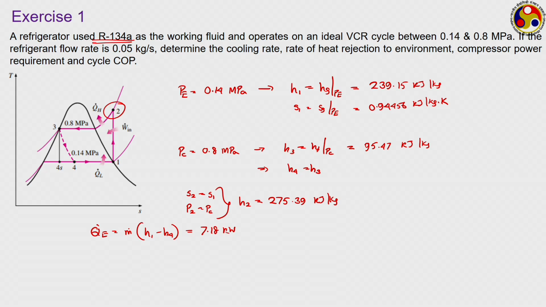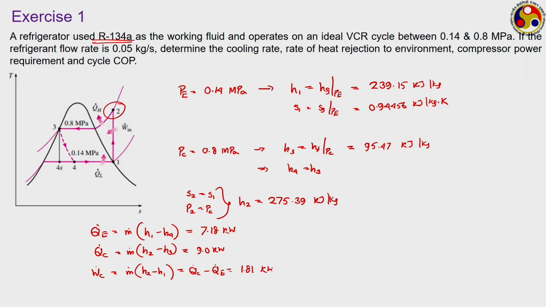Then the rate of heat rejection to environment, which is Q dot C, which is m dot into H2 minus H3. So, that will be coming as 9.0 kilowatt. The compressor power requirement, W dot C is equal to m dot into H2 minus H1, and this one also can be written as Q dot C minus Q dot E. Either way you can calculate, in both cases you are going to get this one to be 1.81 kilowatt, and